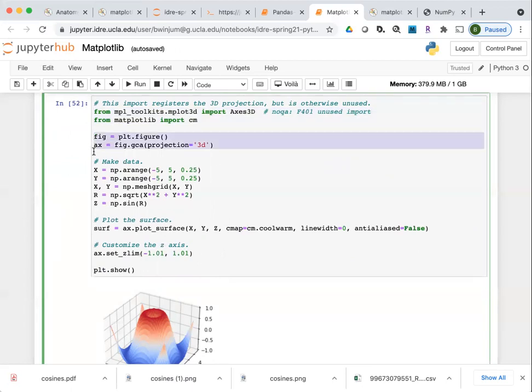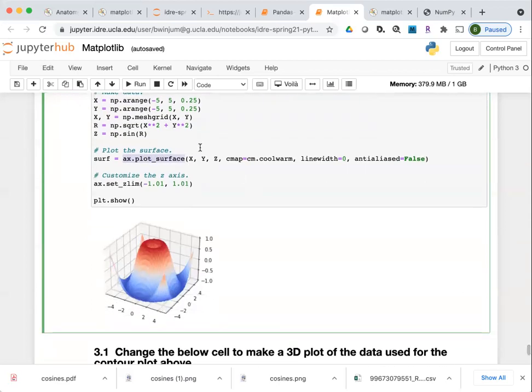But this generates the figure and the axes objects. This generates the particular data that's being plotted. And then ax.plot_surface is the method which will make the surface plot. So x and y specify the scales, z is the height. And then there are various things for the colors and for the limits on the z-axis.